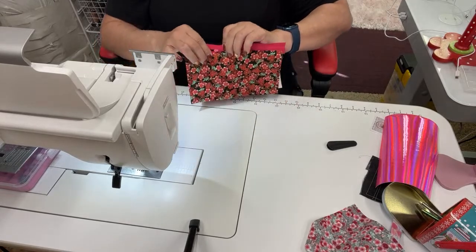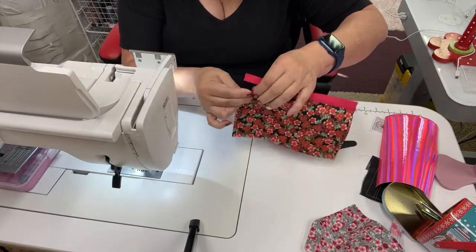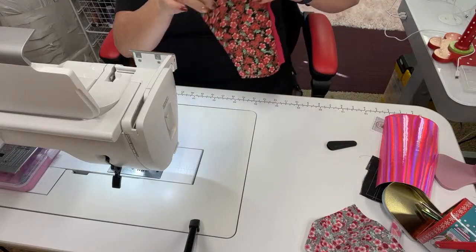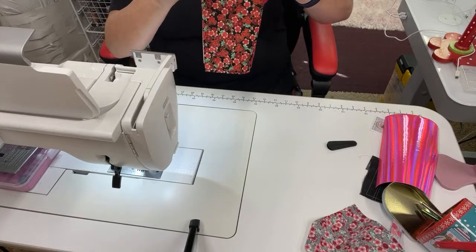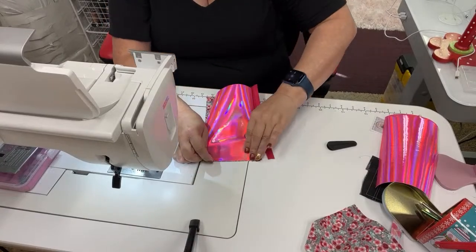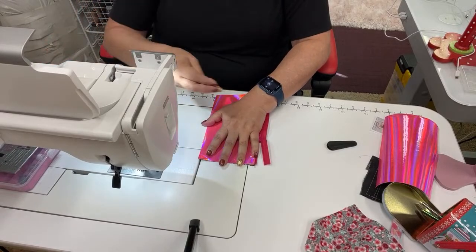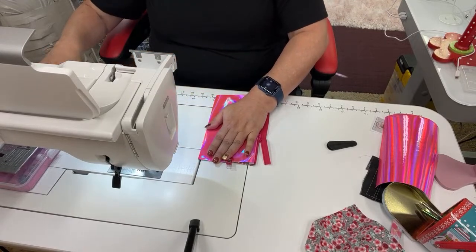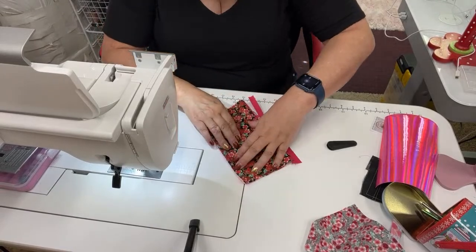So I'm just going to fold. As you can see, I'm just folding, and that is because of the materials that I am working with. Now, like I said, if you had fabric, you would want to take this and press it over at the pressing board. So I'm folding this to get it as even as I can so that I can put a clip here that's going to hold this in place, like that. And then I'm also going to do the same here at the bottom because I want my piece to be